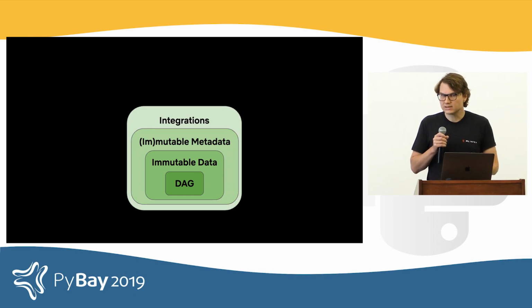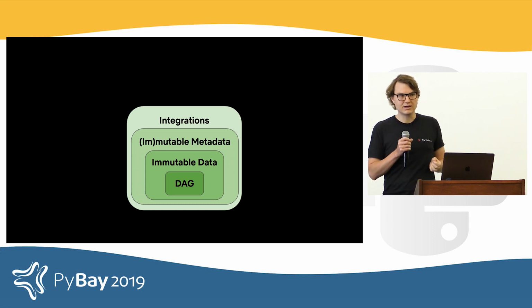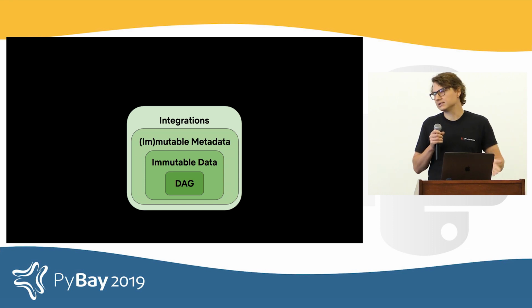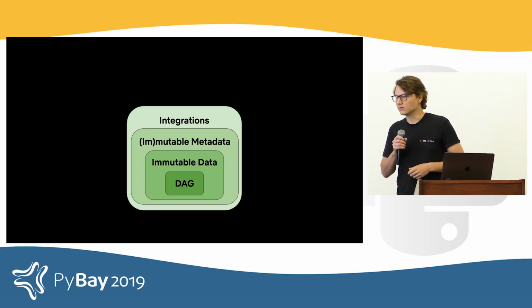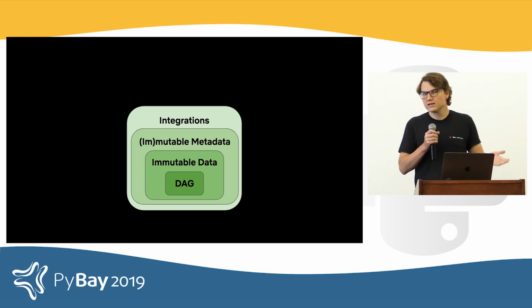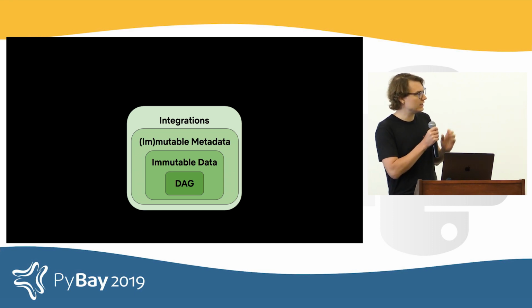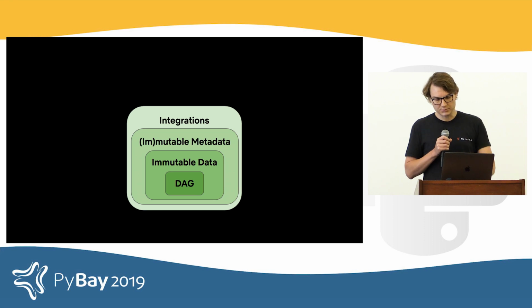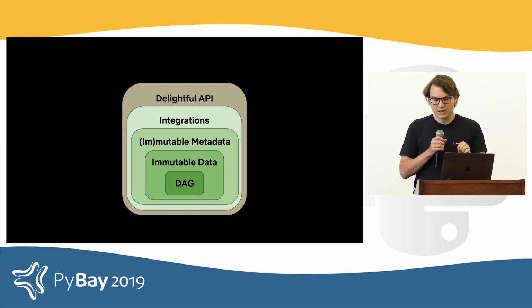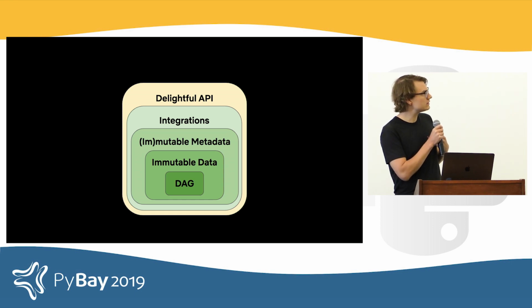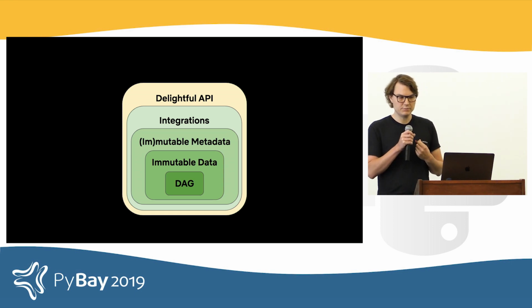And above this, we start moving to a messier, higher entropy world, which is the world of integrating with systems like Kubernetes or Amazon S3 and so forth. And of course, those systems have all kinds of side effects. But we can still try to keep it as pure as possible. Now, what is really dear to our hearts is the question of the user-facing API.